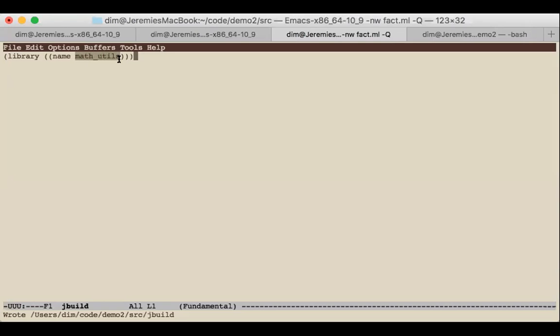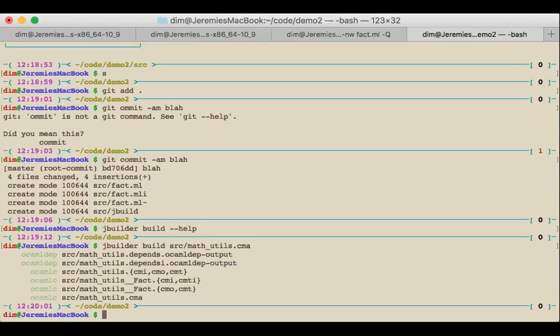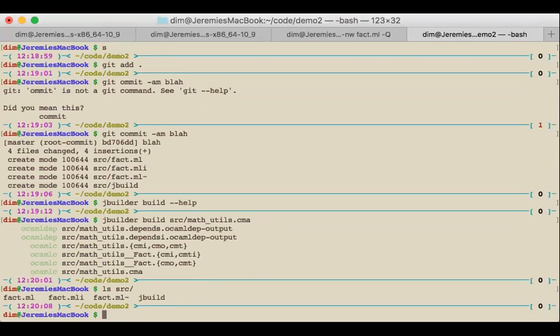In practice, it will use module aliases. So basically, the name you have to put is a valid module name. So I'm going to ask Jbuilder to build my archive for my library. Typically a CMA, which is what OCaml uses for libraries in bytecode. So I asked Jbuilder to build this. It did it. So if I look in src, there is nothing, because Jbuilder puts all these artifacts inside the